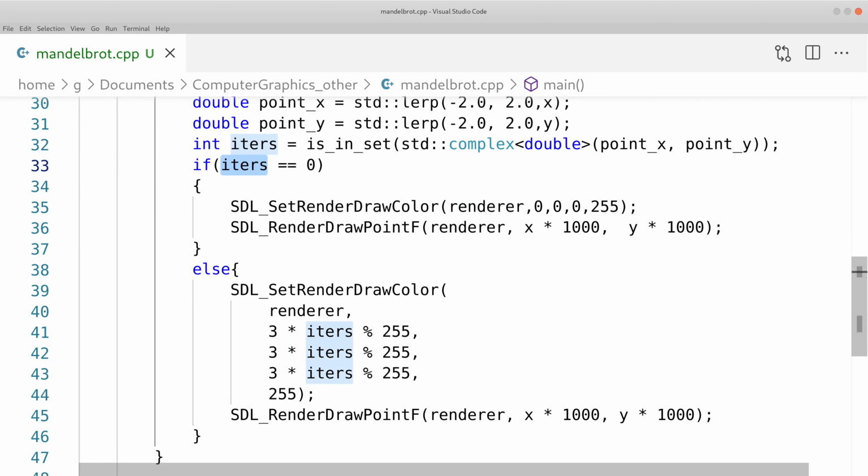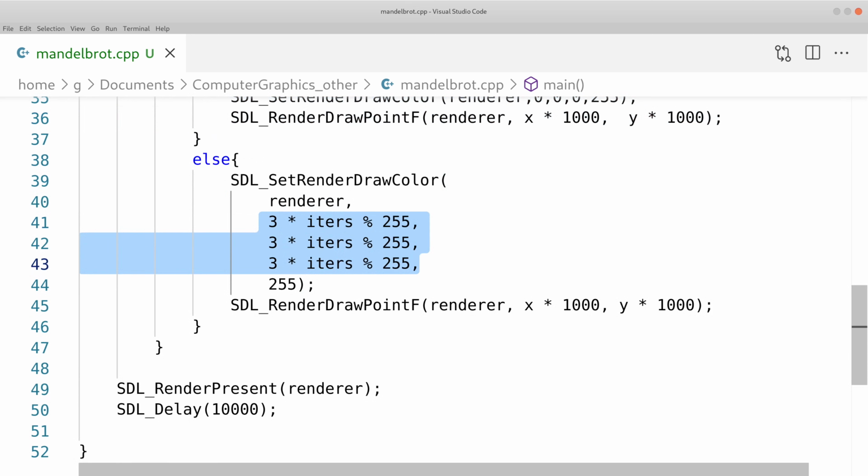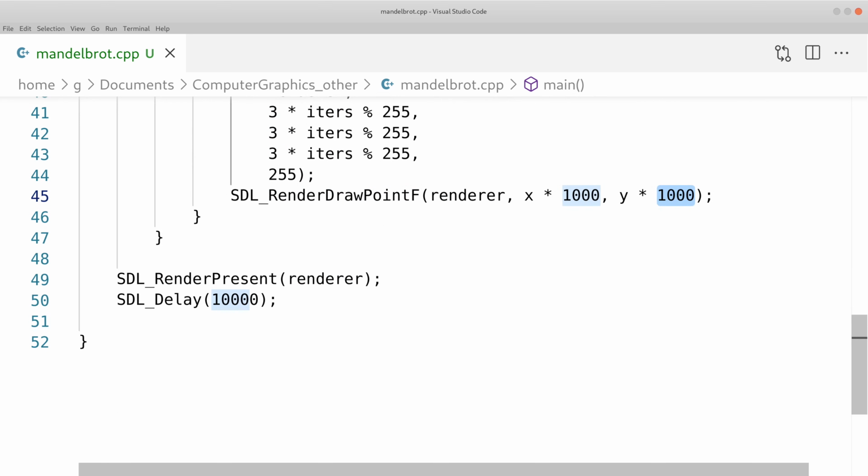Basically, if our point is in the set, our iters variable is going to be 0. Therefore, I'm going to paint it black and draw that point. Otherwise, if it's not, I'm going to do some coloring. I'm not sure if this is a good way to color the Mandelbrot set. You should play around on your own with this. But pretty much what you can do is you can say, okay, here's some funky coloring we're going to do based on how many iterations it took to determine whether or not this is in the set. And finally, I'm just rendering out x and y times 1000, same thing. Then we're presenting this to the window, and we're waiting 10 seconds,